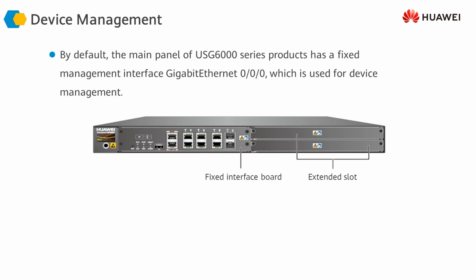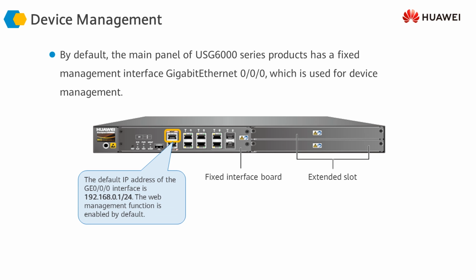When you want to manage your device, by default the GigabitEthernet 0/0/0 interface on the firewall is assigned an IP address of 192.168.0.1/24. It's a class C address. This is the default address which has already been configured on the GigabitEthernet 0/0/0 interface on the USG firewall. So you can directly plug in your Ethernet cable and connect to this device either locally through the LAN or anywhere over the WAN, as long as this IP address is routable and you can access it through your WAN connections.